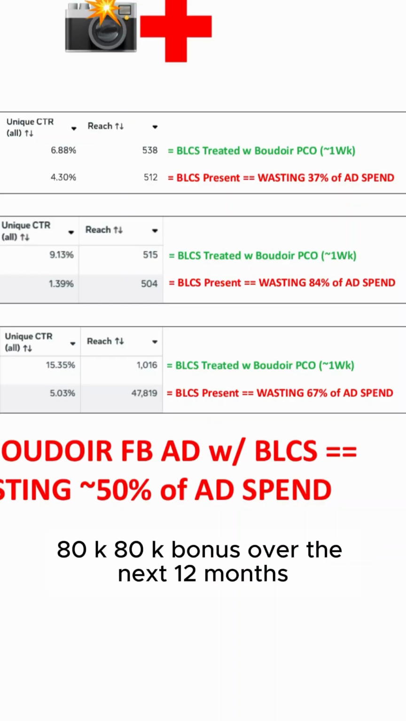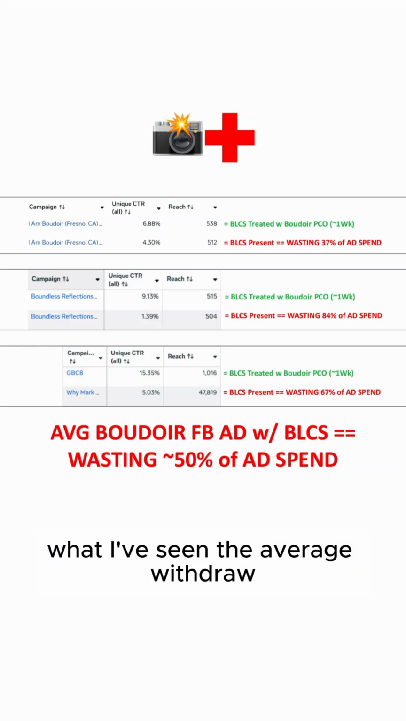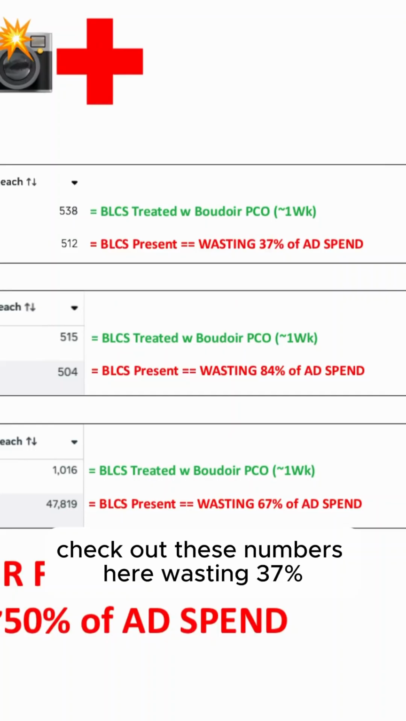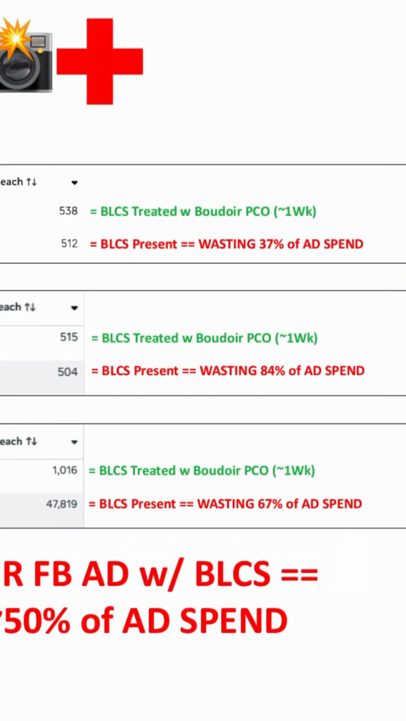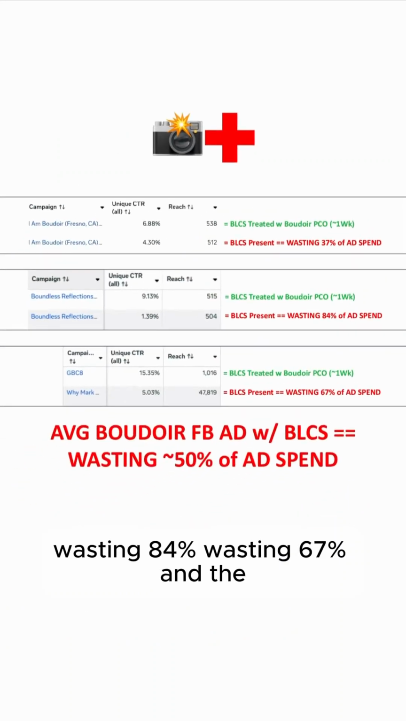80K bonus over the next 12 months. So from all this data, all this testing, what I've seen, the average Boudoir Facebook ad with BLCS is wasting about 50% of its ad spend. I mean, check out these numbers here: wasting 37%, wasting 84%, wasting 67%, and